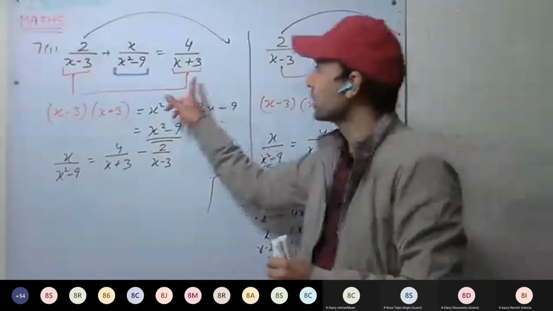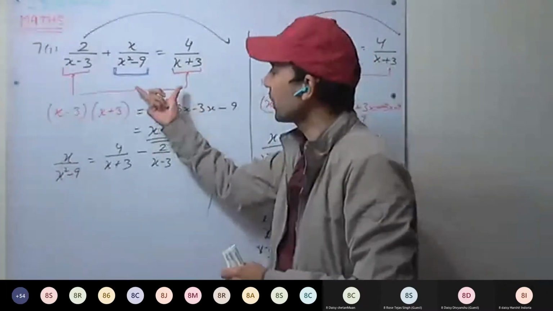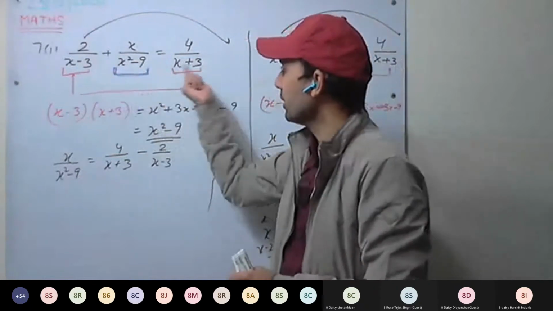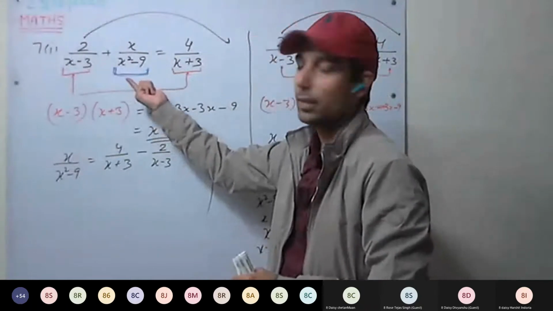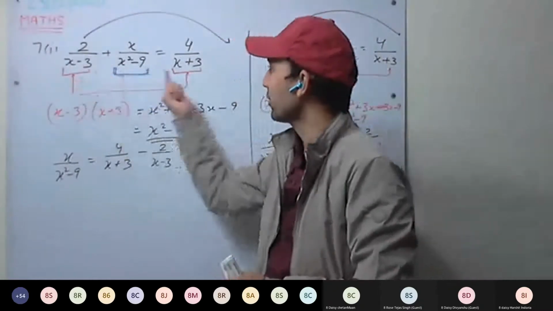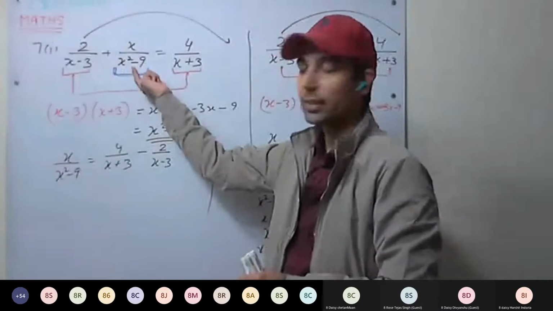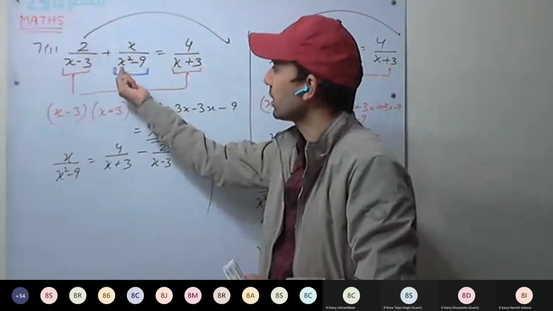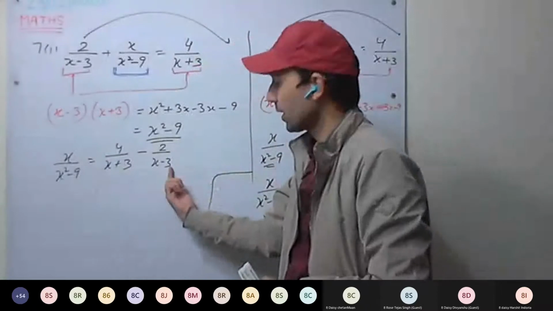So always check once the denominators. Which two denominators we multiply, we may get the third denominator. Three terms are there. Now check if we multiply two denominators, are we getting the third denominator? This is linear, linear, this is quadratic. When we multiply linear with linear, we are getting quadratic. So always check if we multiply two denominators, are we getting the third denominator? If yes, then those two denominators you take on one side and the quadratic one on the other side. We did it here. This is on one side, these are on the other side.